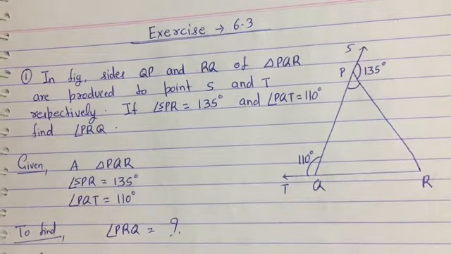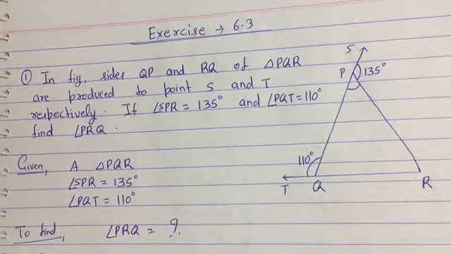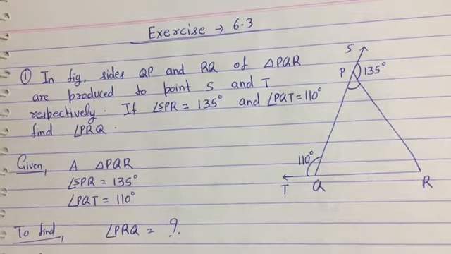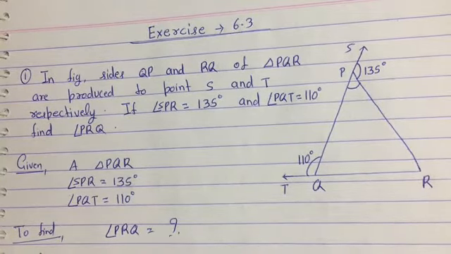After the question, we are going to discuss the figure properly. These are our steps: first of all we have to read the question, then we have to understand the figure, then you have to write what thing is given, what thing you have to find or prove, then we move on to the solution or proof. Okay, so now it's done.